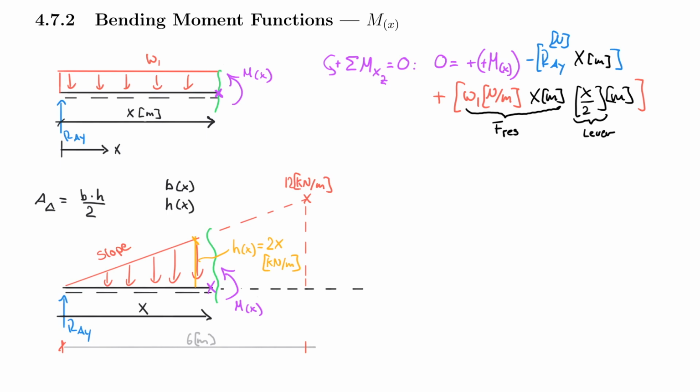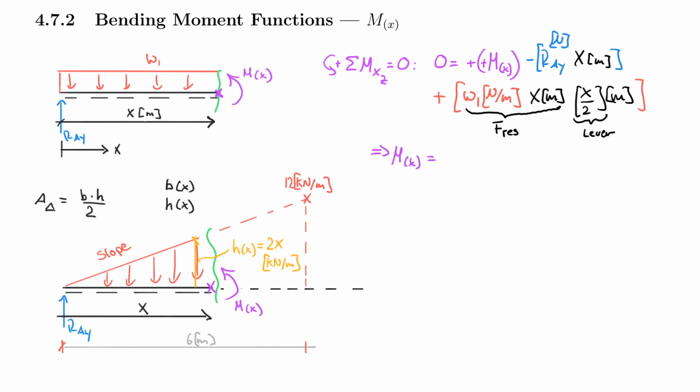And now you can see that we are dealing with an x and an x. So x times x is x squared, which makes it a quadratic equation. And again, you have seen this before, but now you know where it's exactly coming from. So we know that this x turns the moment function quadratic because we have the effect of the variable distance twice in this equation. And now I can collect my terms and write out that my moment of x is